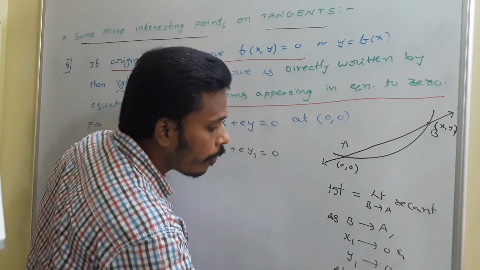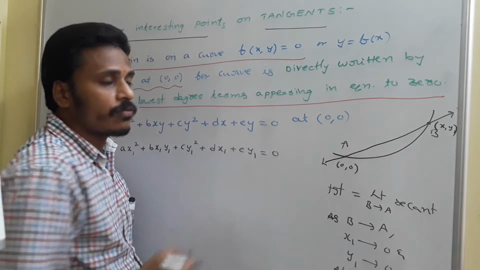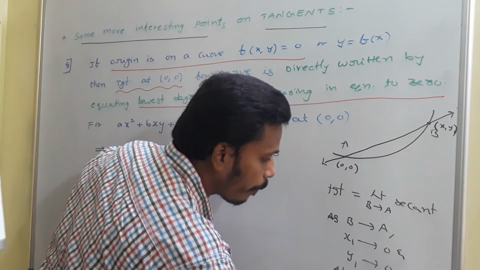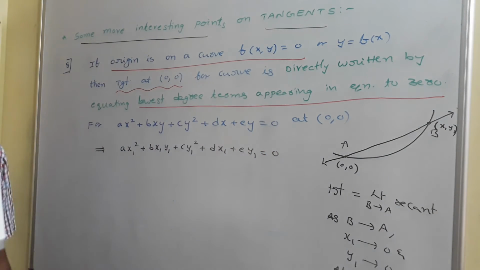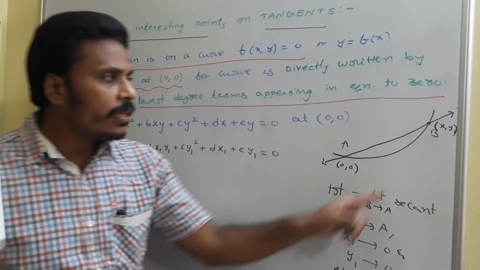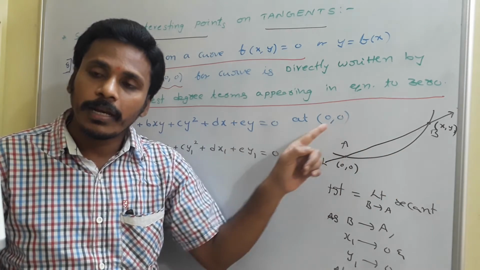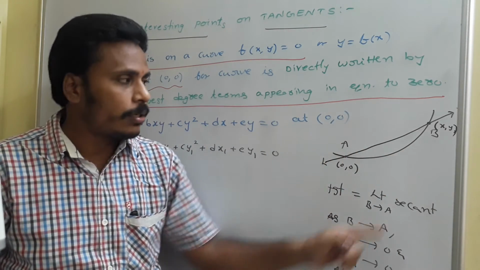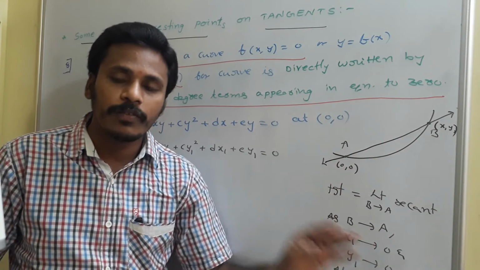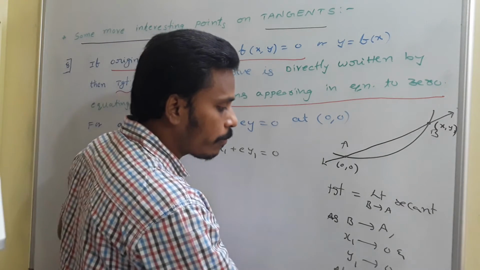See, the slope of the line is y1 by x1, right? y2 minus y1 by x2 minus x1. From there, (y1 minus 0) by (x1 minus 0) approaches m, which is the slope of the tangent. Okay, in general m is the slope of the tangent, right? So as this point b approaches a, the secant will become tangent at that position. y1 is almost equal to 0, x1 is almost equal to 0, and this y1 by x1 is almost equal to m. I am just concentrating on this y1 by x1 first.